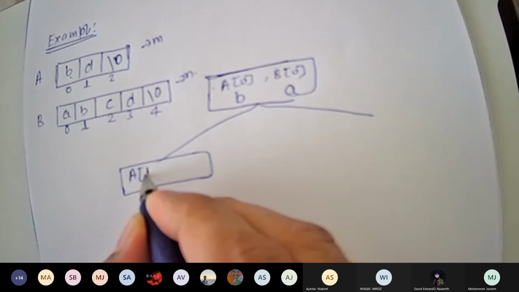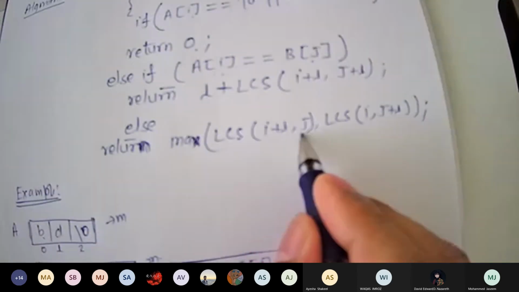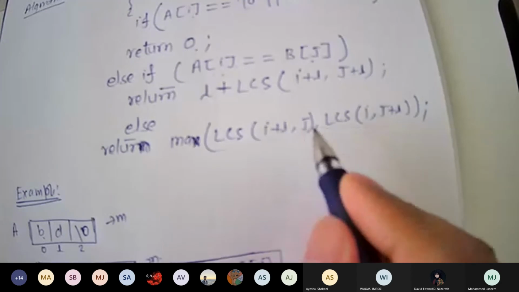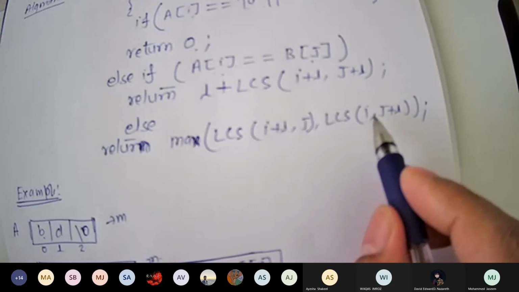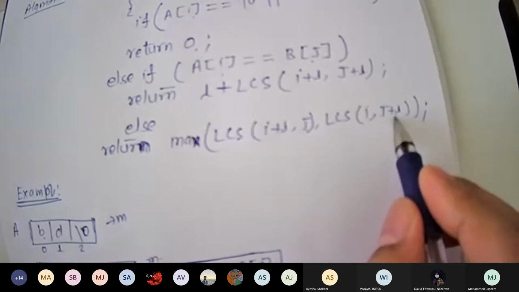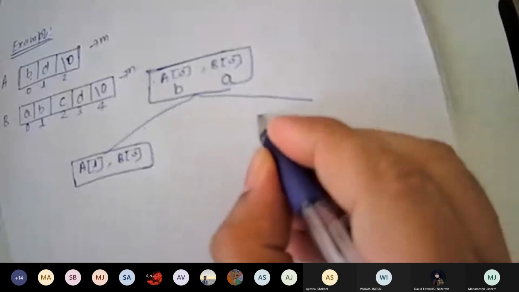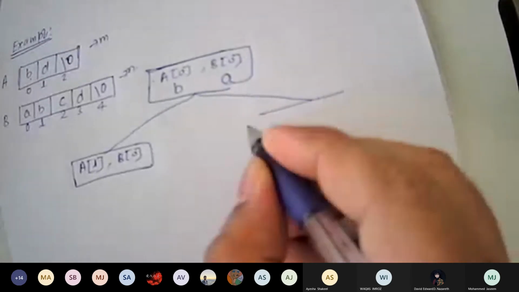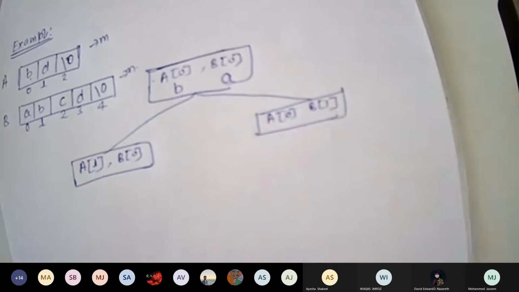And B will be 0 only. Why? Because it is i plus 1, j, and j was already 0. Then on the right-hand side it was i, meaning A of 0, so 0, and j plus 1, so 0 plus 1, 1. So here it will be A of 0 and B of 1. Understood everybody how we wrote it?